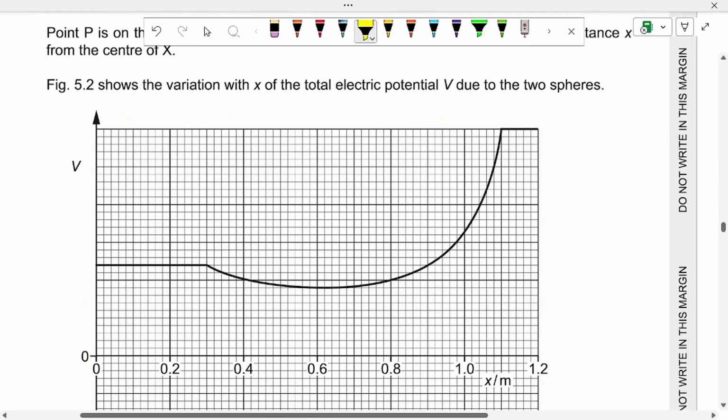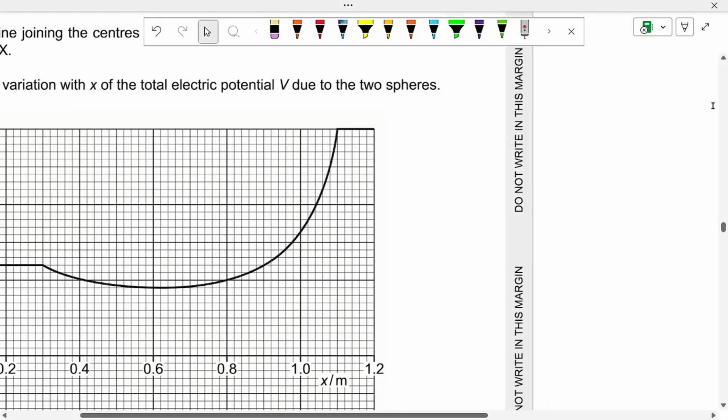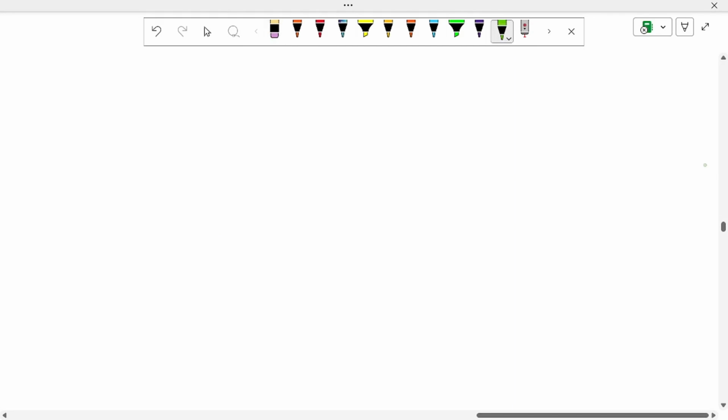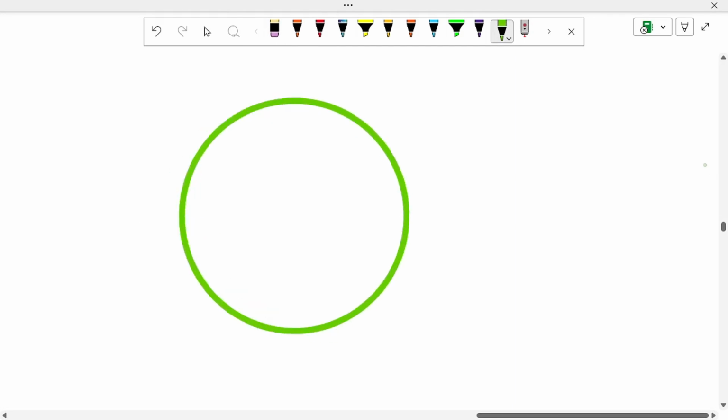So if I look at this graph, I see something very peculiar, right? First, let's start with the almost doable one, the one with regards to radii. So inside a sphere, something special happens. So what's really happening? If you have a sphere, let's make it bigger. If I have a sphere like so,